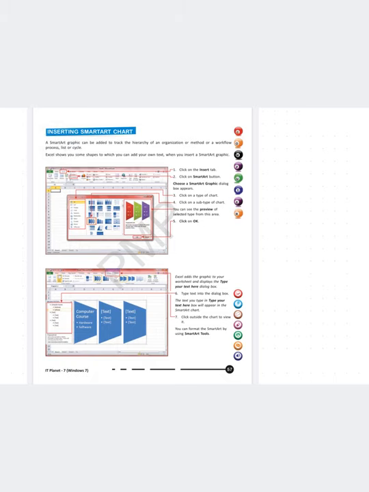Basically it highlights any process. Suppose we take an example of a smart chart: add, subtract, multiply, in this way. So any form of progress is determined with the help of the smart chart.